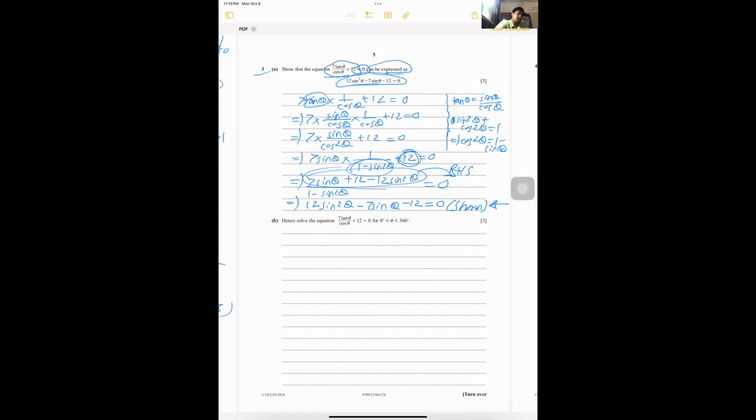Quite easy, I would say that is. Hence, solve the equation 7 tan theta cos theta. Okay, so we'll just replace this thing by 12 sine square theta minus 7 sine theta minus 12 equal to 0, or we'll use our calculator. 12 minus 7 minus 12. So we have one solution to be 4 over 3, the other solution is minus 3